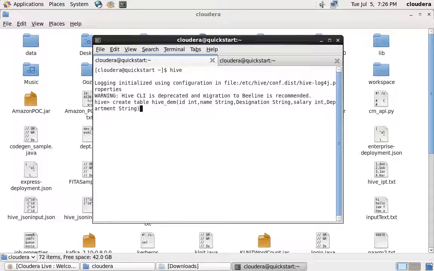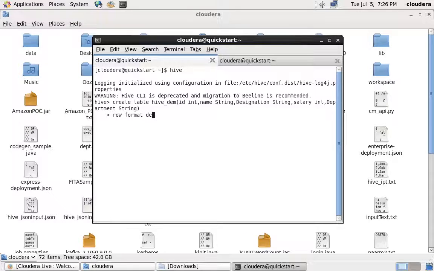I'm not going to end my table here because we have some more syntactic rules to be followed in Hive. Generally our MySQL syntax looks exactly like this, but in Hive we have some other extra properties that we have to specify.